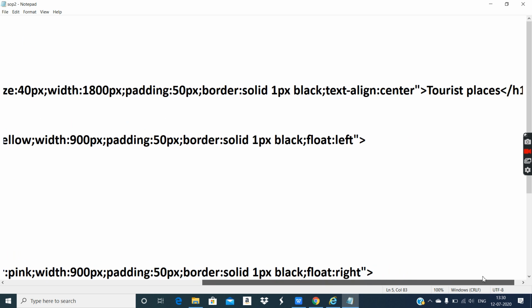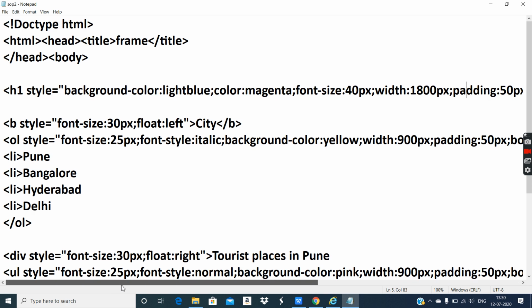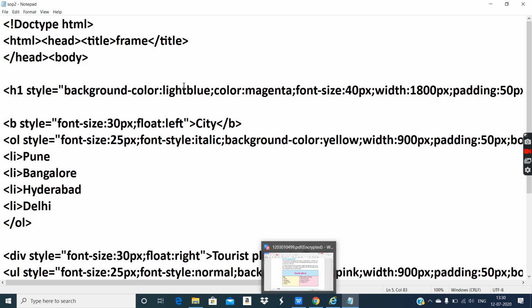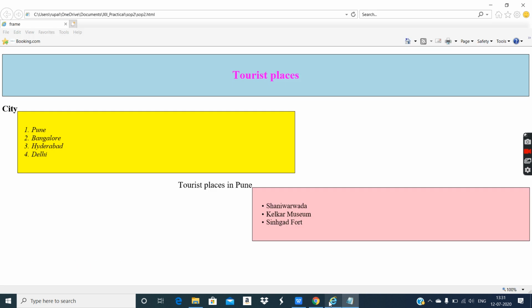So all the internal CSS I have provided to the heading tag, but I cannot provide a separate background color to the text because that has been applied to the entire section. Not exactly section, we have not created any section. So that has been applied to the entire thing.